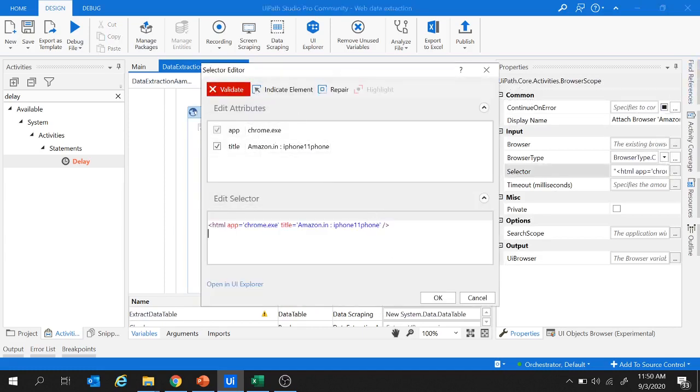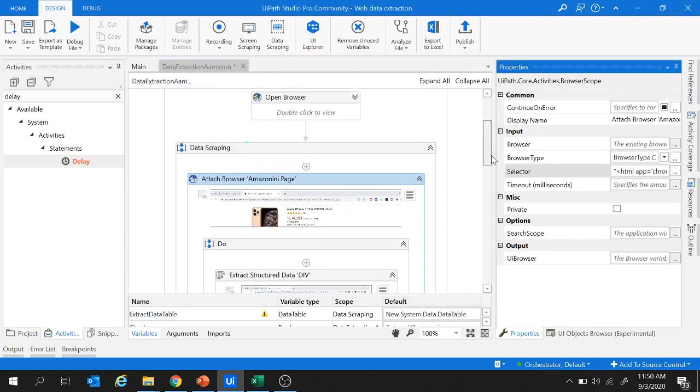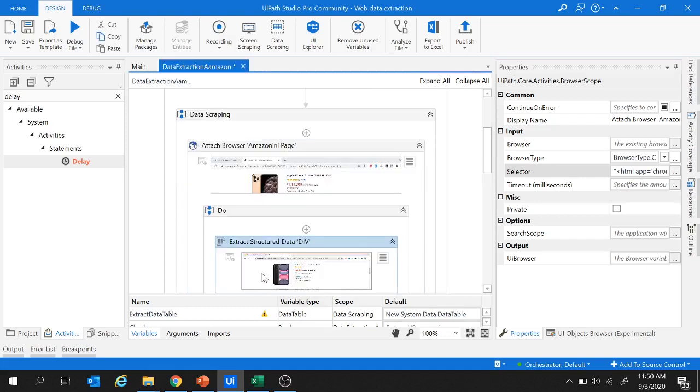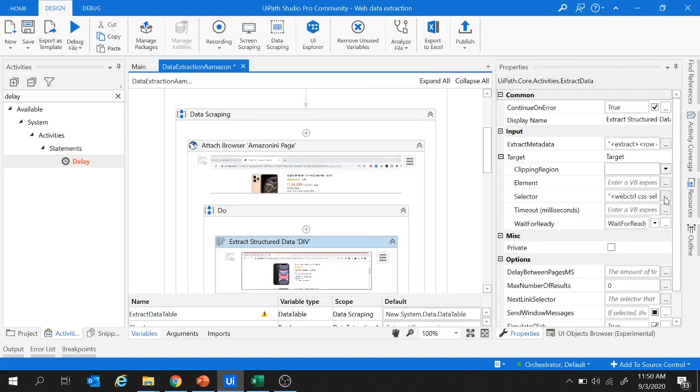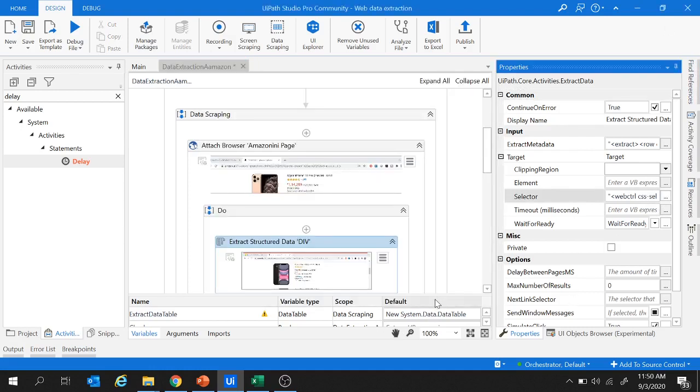This is again showing as invalid. So I'm going to change the title. This is fine now. And next, this extract data activity. So check this selector. This is a valid selector. So let's click on OK.